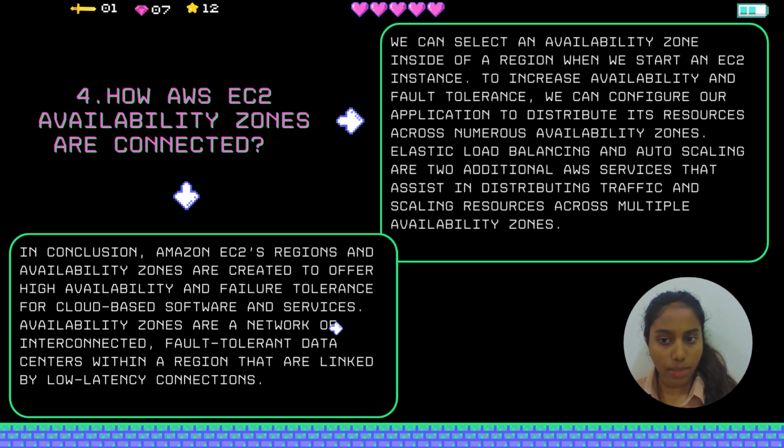So, for the third part, how AWS EC2 availability zones are connected. We can select an availability zone inside of a region when we start an EC2 instance. To increase availability and fault tolerance, we can configure our application to distribute its resources across numerous availability zones. Elastic load balancing and auto scaling are two additional AWS services that assist in distributing traffic and scaling resources across